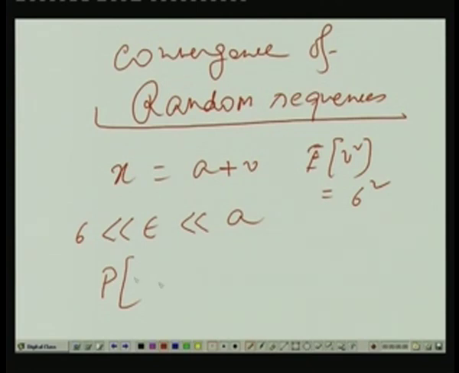probability of less than or equal to, okay, that time we considered it to be greater than or equal to, now we consider it, it is not necessary, greater than epsilon, which is nothing but 1 minus